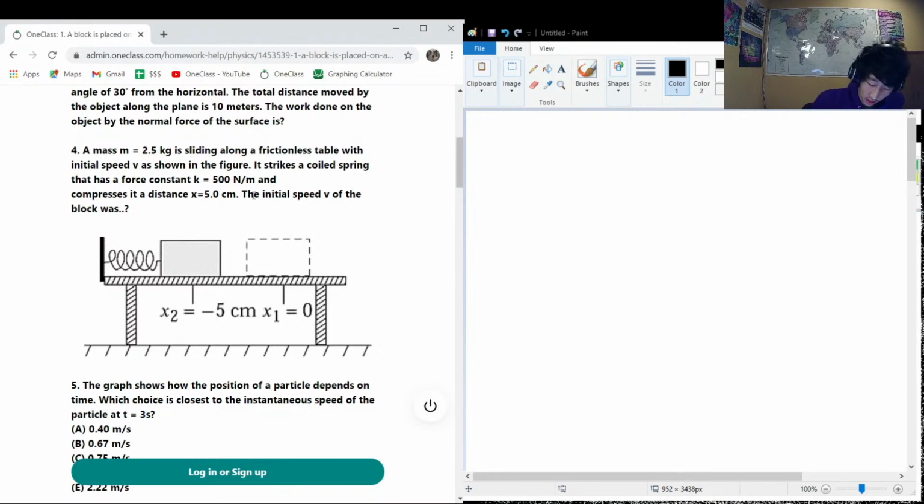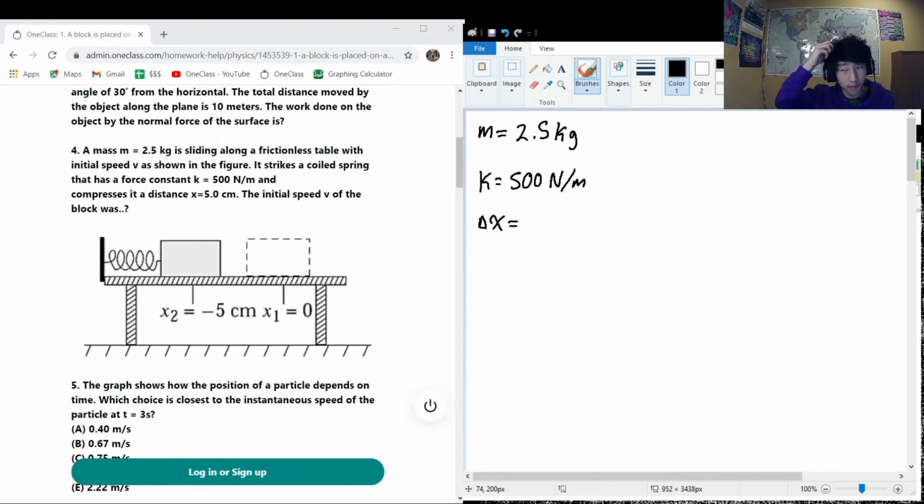Okay, so let's write out our given information. We know that the mass of the block is equal to 2.5 kilograms. That's about 5 pounds, maybe a little bit more. We know that the spring constant is 500 newtons per meter. We know that the compressed distance, I prefer to write it as delta x, because